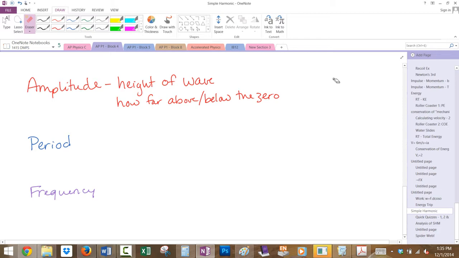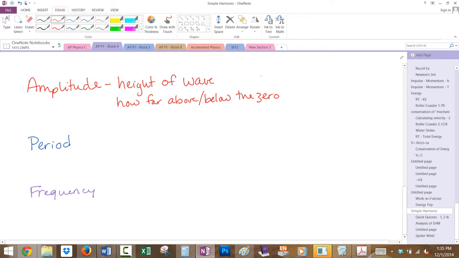This is how high it goes. Equal like the max. Yeah. So, how high it goes from where? From equilibrium. Is that okay? Yeah. So, I'm going to just adjust that a little bit, but you're exactly right. So, it's the height of the wave. That's a really good definition if you have a wave. But if you don't have a wave, then let's change it just a little bit to maybe say